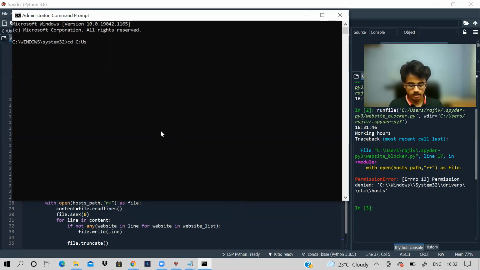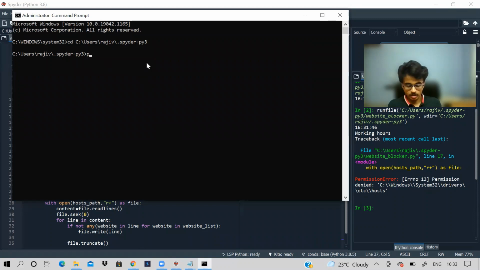It is in /users/Rajiv/.spyder-py3. You need to know where your Python files are stored, and wherever that is, provide that address like how I have done, and cd is to change directory. So now I have changed directory.